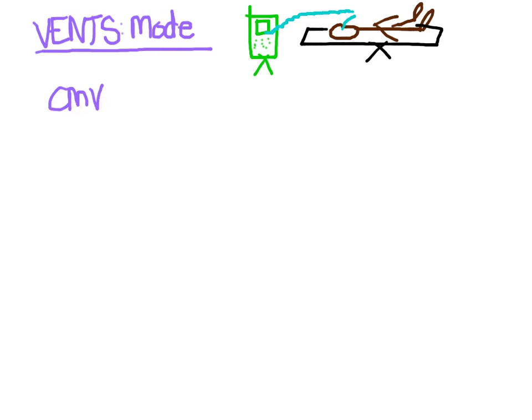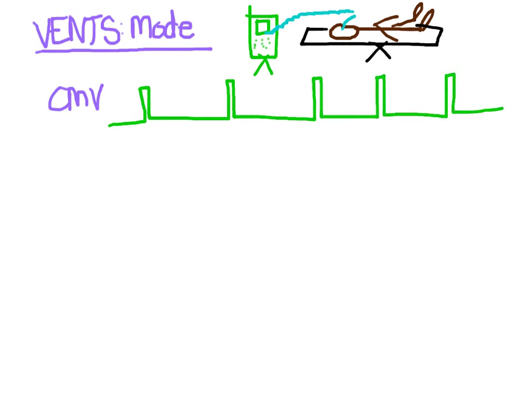In this one, you set the ventilator to give a breath at a certain tidal volume every so many seconds, and it's just going to keep doing that. Let's say we set the rate to be 10, so the distance between each breath would be 6 seconds, right? 60 divided by 10. So every 6 seconds it's going to give a breath, and the ventilator does not care